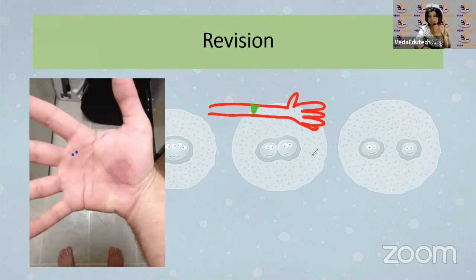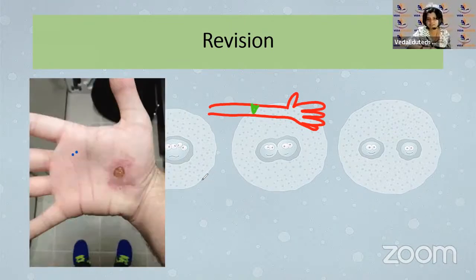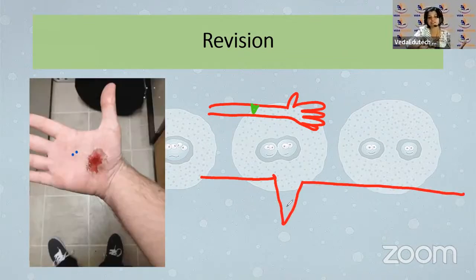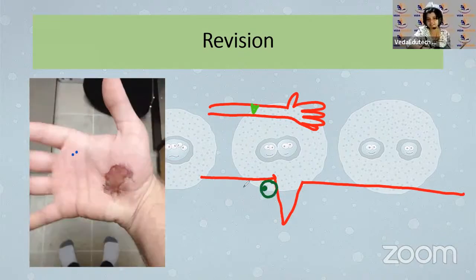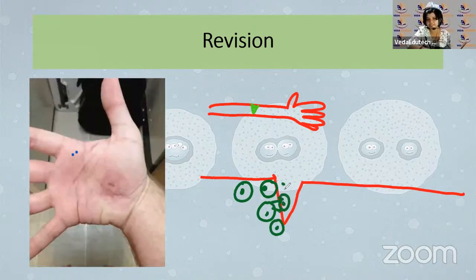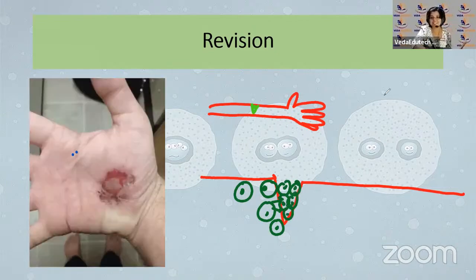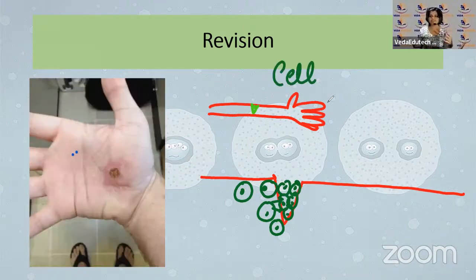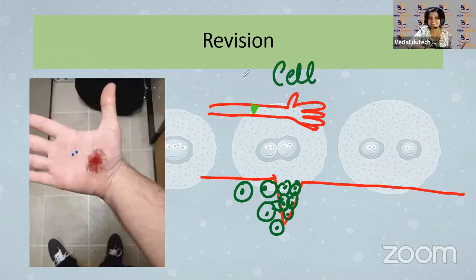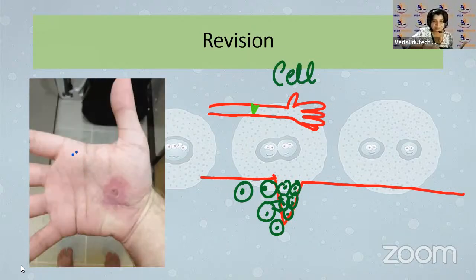So what would happen is, after some time, this cut would heal, right? Automatically on its own without putting any effort, it would heal. So how does the wound heal? It heals because the cells here start dividing, right? The cells start dividing and they start making new cells to fill up this gap, right? And this happens only due to cell cycle. What is cell cycle? Cell cycle is a series of events that a cell has to undergo in order to divide. Okay, moving on.